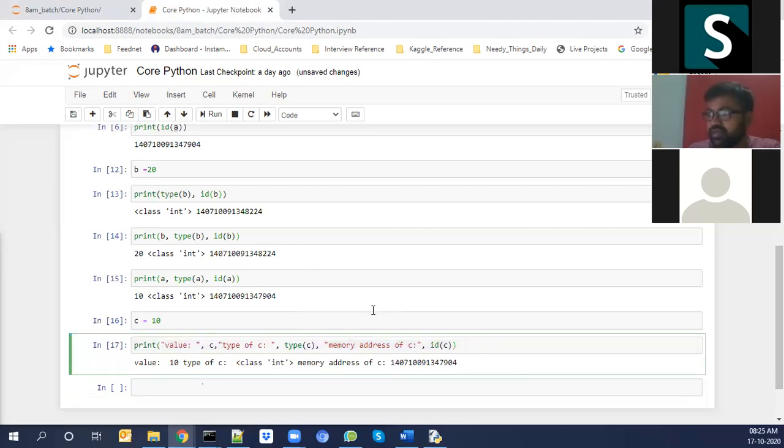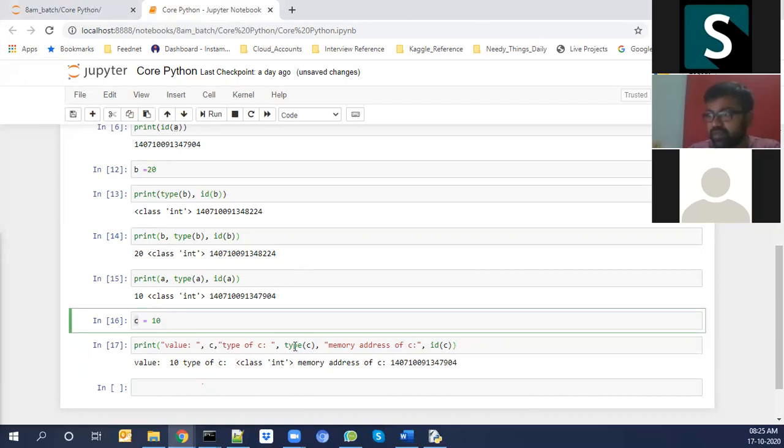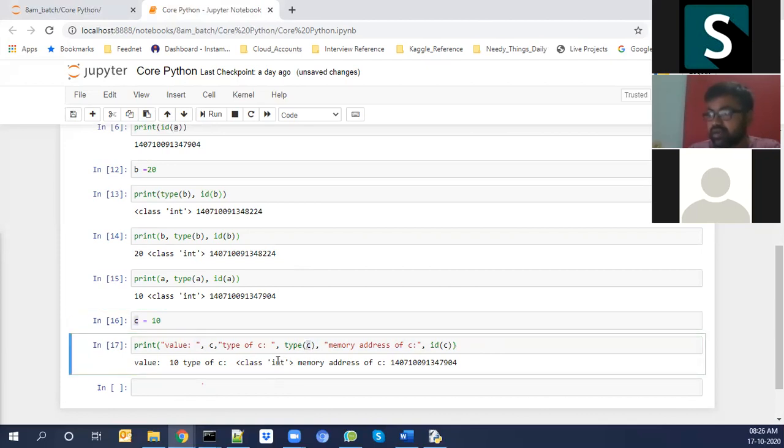So this is basic: whenever we create any object, we can cross check the value, what is the value with the object name. This is my object name, right? C, and we can cross check the type of that particular object. It's an integer, or a float, a boolean or a string, or a list or tuple. So what is that object? We can cross check the type, and we can also cross check where it got stored, like what is the memory reference address.